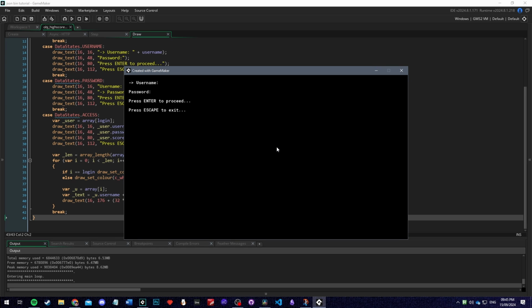So press enter, write the username, press enter again and write the password, and then you'll be taken to the access screen. At the top, you can see the username, password and the score, and just below you can see the Highscore table. Right now there's only one entry, but let's press escape to log out and we'll create a